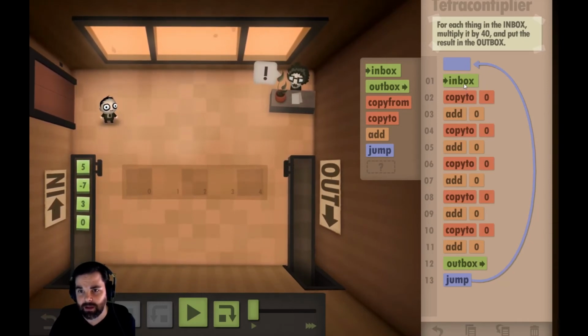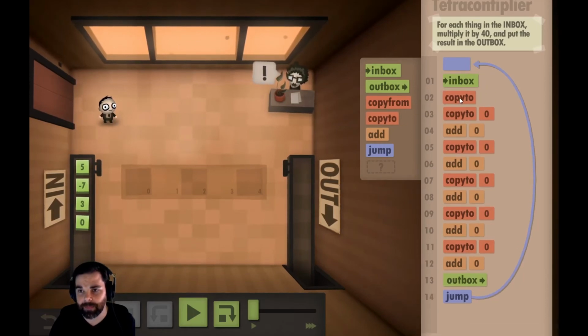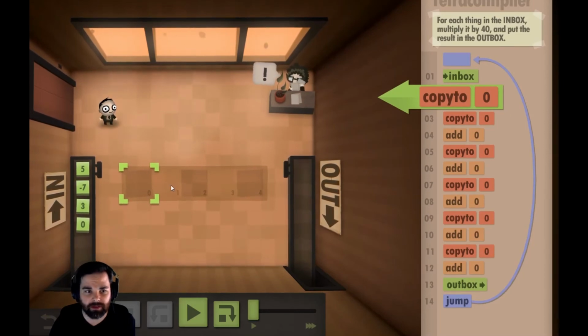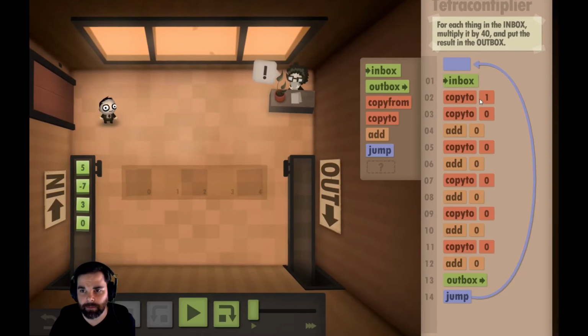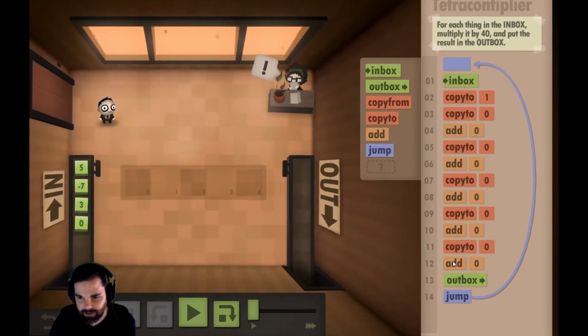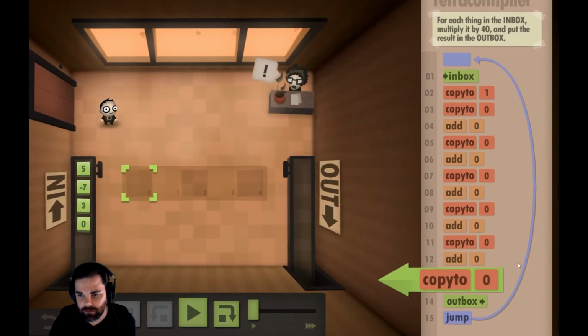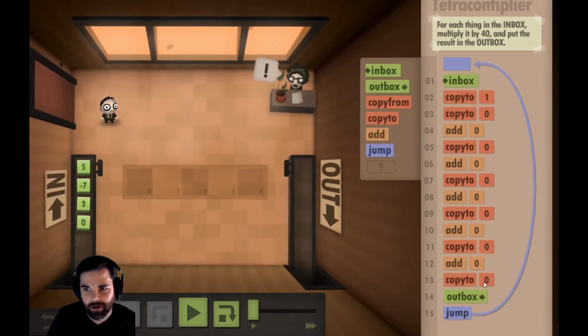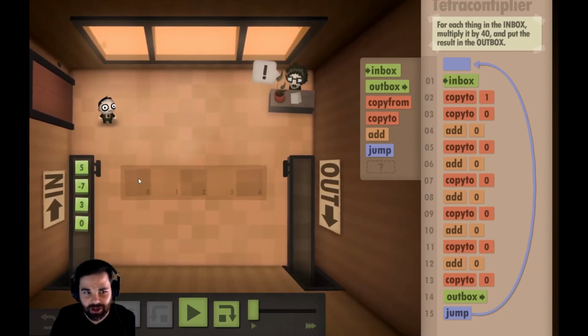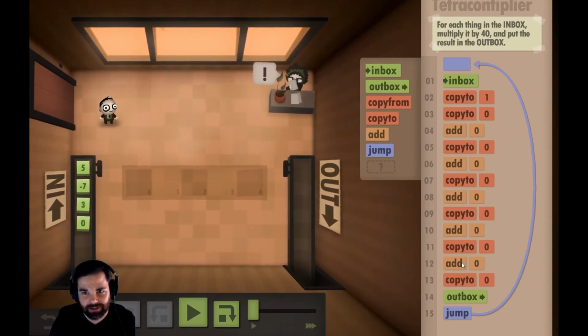We'd have to actually copy this to multiple places. So this one we'll use for the 8, and this one for the 32 times. And once we get done with both of these built up, we'll be able to take this at the end of multiplying it by 32. We'll need to put this one back onto 0, so this will store our current value of 5 times 32, and then we need another place to store 5 times 8, and then after we have 5 times 32 and 5 times 8 in individual places, then we can set up